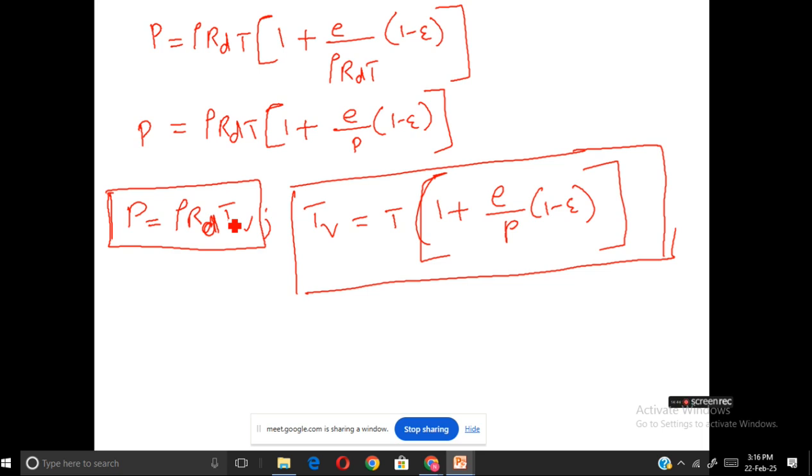As we already said, virtual temperature is the temperature that dry air would have if its pressure and density were equal to that of a given sample of moist air. Okay, I think the derivation is clear. Now we will try to solve one or two problems. The first question,